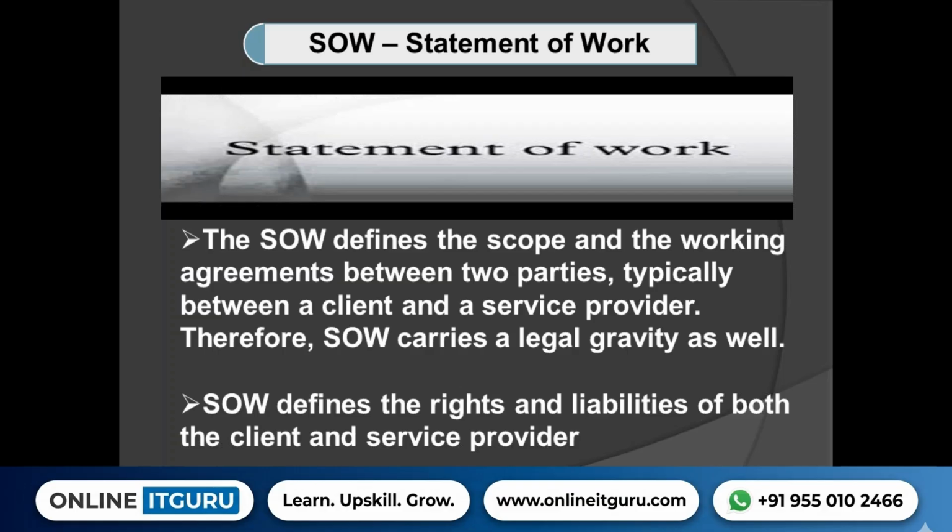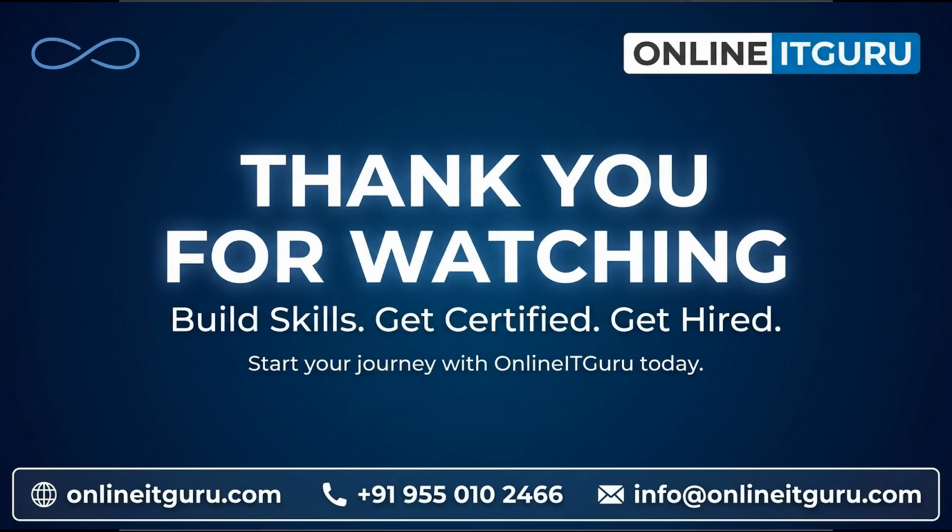Okay. So whenever we are writing the SOW, we will write the scope of a particular engagement and the KPI, that is the key performance indicators of that engagement. Engagement is nothing but the project. So we are going to explain the scope of the project and the KPI, that is key performance indicators of the project. So this KPI is used to identify whether